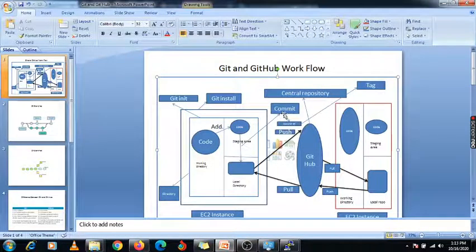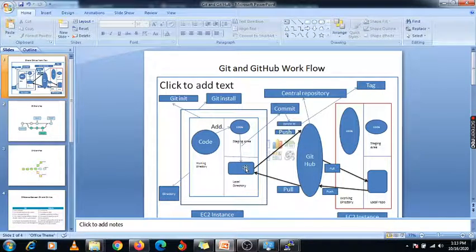So here this concept is clear. Now we have committed our code and it will create one commit id. If you want to assign some tag, we will assign that tag in the next lab. So now we are going to push that code. This code is now under this local directory. We have done this commit, so using this commit, this code is now available under this local directory.